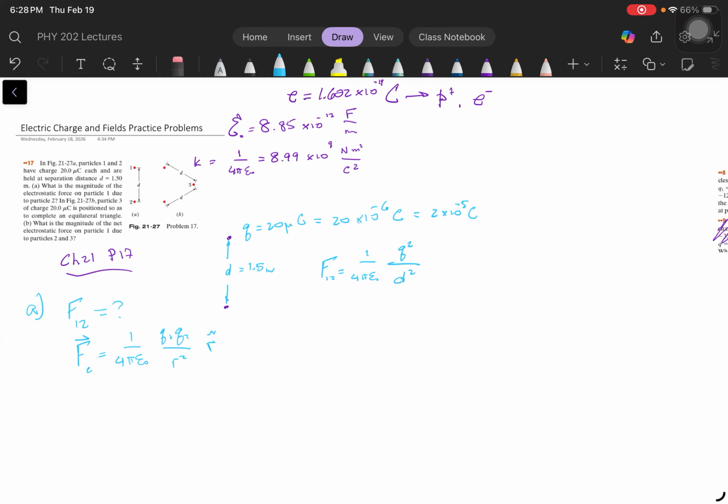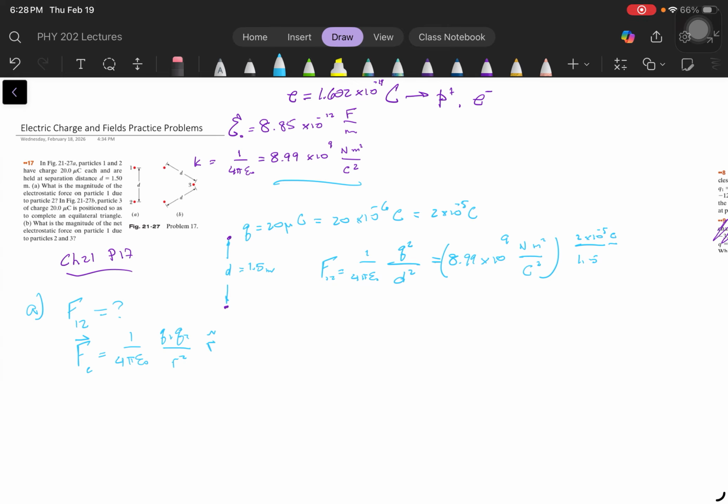Plugging in, we get 1 over 4 pi epsilon naught, which is 8.99 times 10 to the 9 newton meters squared per coulomb squared. All these constants will be on an equation sheet for any exam. Then we multiply that by 2 times 10 to the negative 5 over 1.5